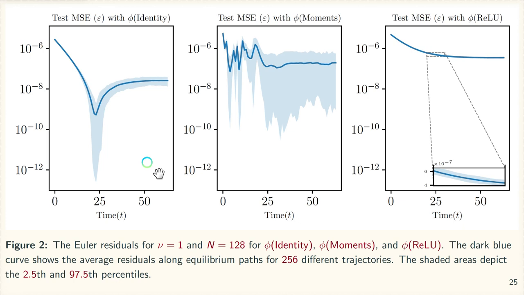And what you are going to see, first in the left panel, is what happens when the phi is the identity. This is the best possible case for the neural network. Why? Because we know the exact solution only uses the mean. So this is a neural network that has the advantage of knowing a lot about the structure of the solution, and then it delivers mean square errors of order of 10 to the minus 9,